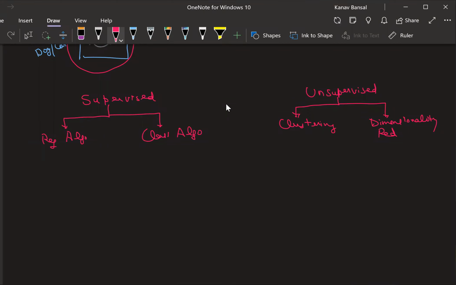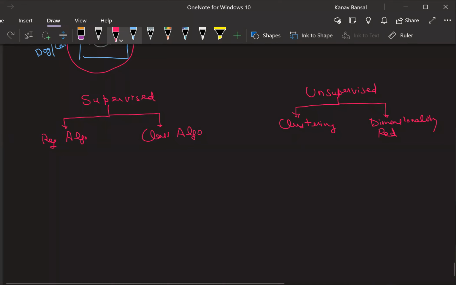If you don't have any label associated with any data point, then you can only look at the data points and basically pile up all the similar data points together. Yes, correct. Shubham, you are correct. Yes, Samir, no worries. Just try to do that.